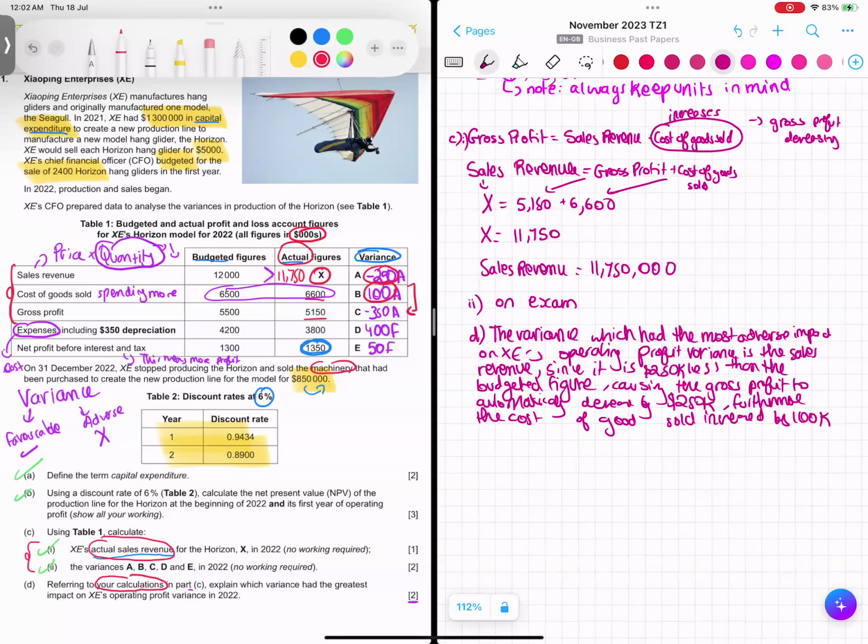Let's put the currency in the actual figure, causing gross profit to decrease by a further 100K,